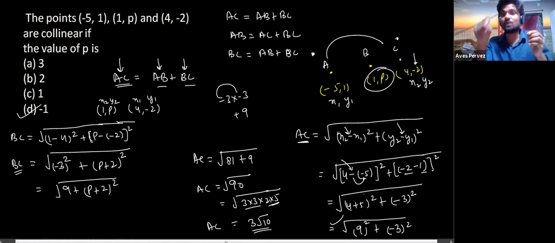that we need the correct sequence of the points. Which point is lying there? We must have the correct sequence, first, second, and third. Then we will be able to solve this one easily. But if we don't know the correct sequence, then it is mandatory for us that we go through the area formula. We can solve this problem by using the area formula.